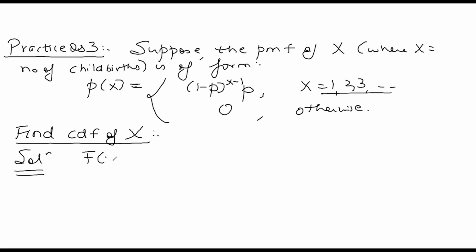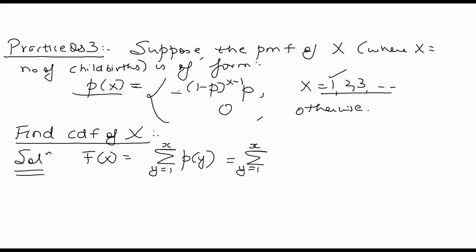What will capital F of x be? Remember, it is summation as y goes on from 1 to x of p of y. Here y is going on from 1 to that x, where this tiny x can be any number out of these. So F of x is summation as y goes on from 1 to x of p of y. This I can write as summation as y goes on from 1 to x, p of y will be (1 minus p) to the power y minus 1 into p,